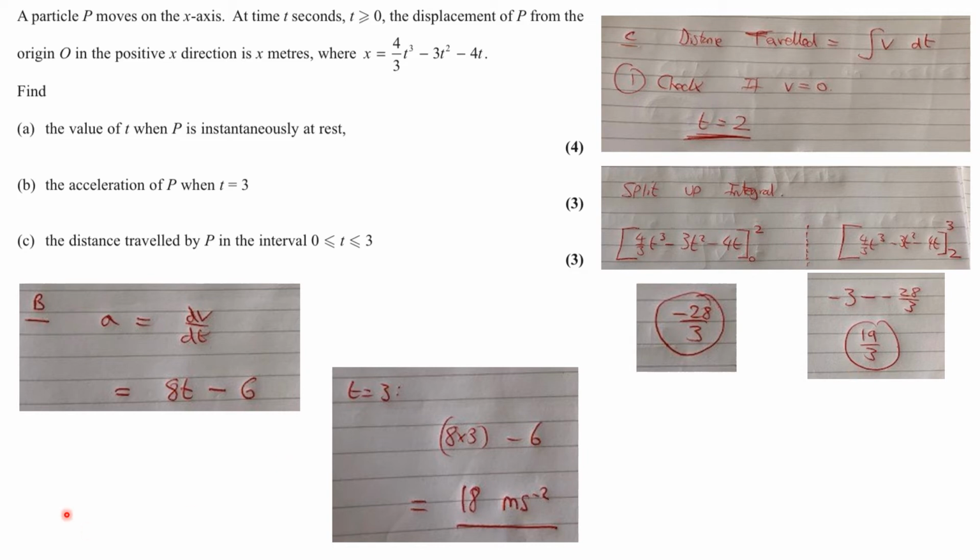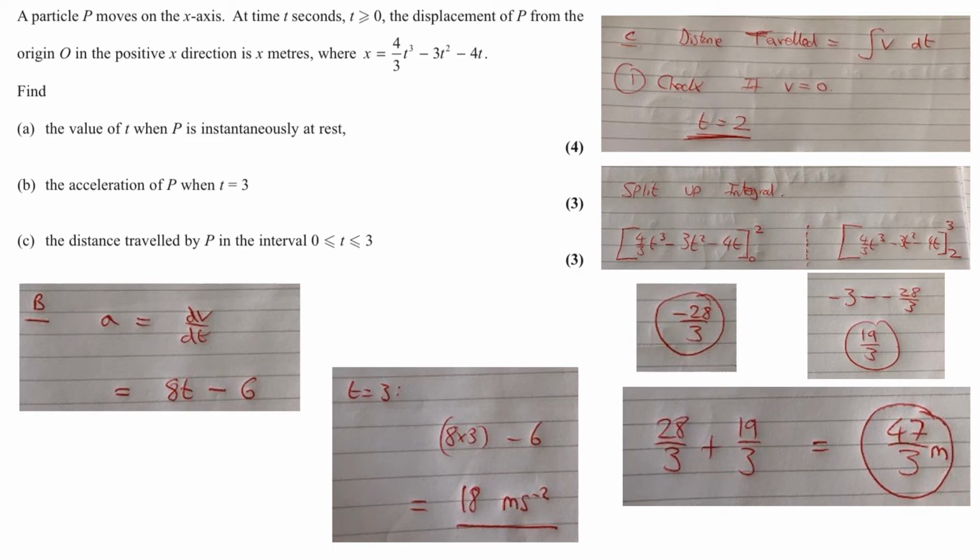Then any negative results, you need to strip away the negative. So it's 28/3 plus 19/3, which is 47/3. It's a distance, so give it a unit, it's meters. It's usually meters, but just check in the question. And that is